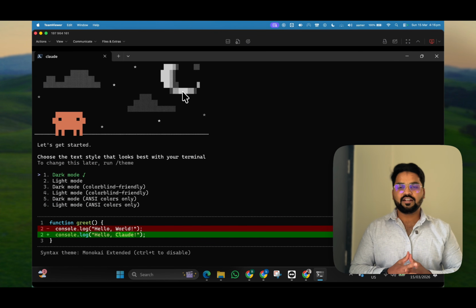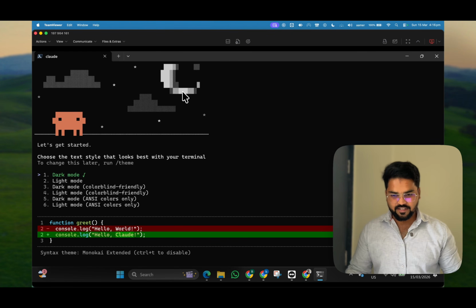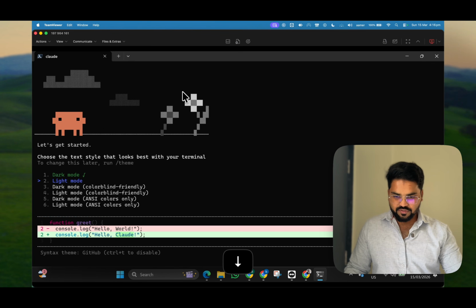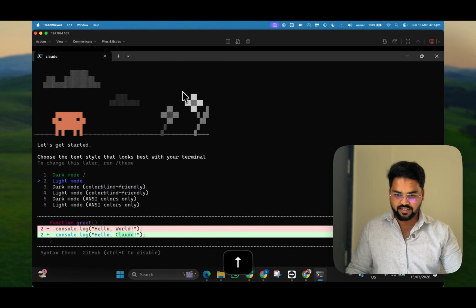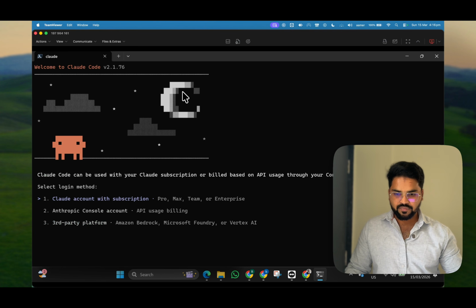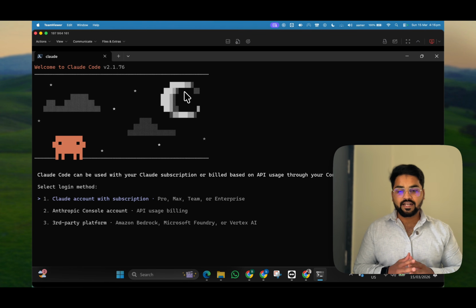This is how you have to set all the functionalities, and let's get started. So what you have to do is that over here you have to select what mode you want to select, something like these. So I'll just select the first one by default, hit enter, and then it is now telling that